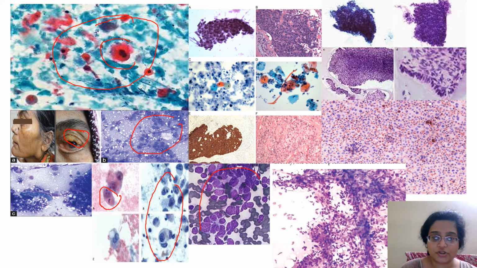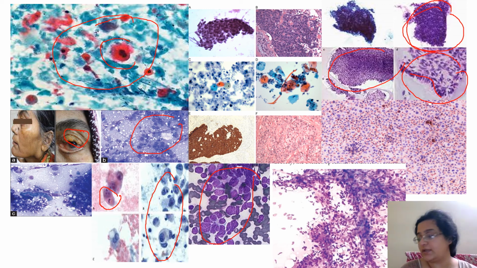Now you look at this image. The previous image that I had shown you had small round blue cells. Even this image has it, but it has more pleomorphism and molding. And this is a Merkel cell carcinoma. Okay, a Merkel cell carcinoma is small round blue cells with a lot of molding. Then this could be a hair follicle tumor because of this parallel basaloid arrangement, or this could be a BCC. Mostly it is an adnexal tumor, and you get these sheet-like fragments on FNAC of round blue cells. Separated round blue cells can be Merkel, can be cutaneous infiltration of lymphomas, can be other adnexal tumors. Sheet-like round blue cells are mostly seen in